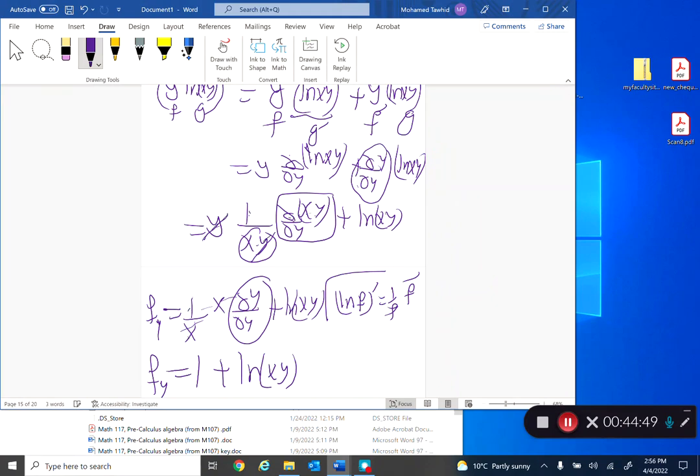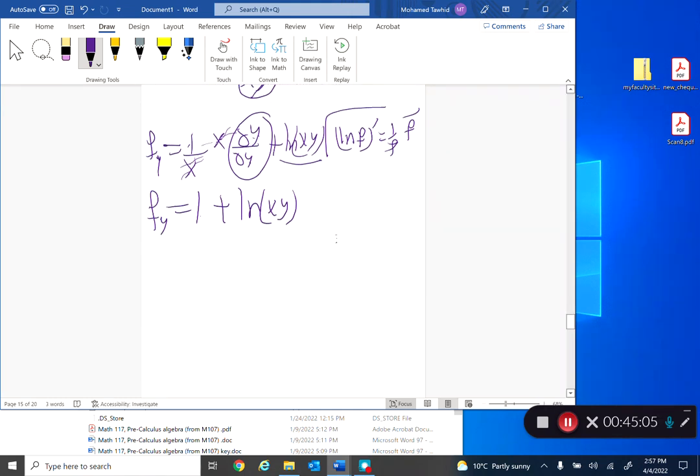Here I am taking the derivative with respect to y, then x is a constant, I can grab x outside, but x here cancels with x down here, so x cancels with x, you get 1. The derivative of y with respect to y is 1, and that is what is left, so that is f_y. So now if I ask you what is f_yy, f_yy means the second derivative with respect to